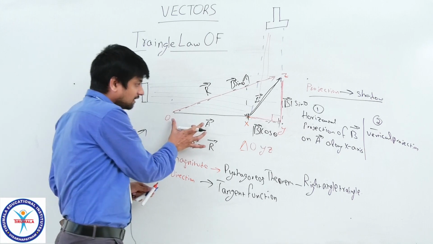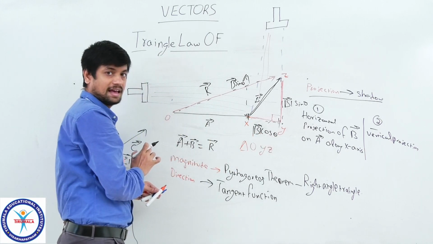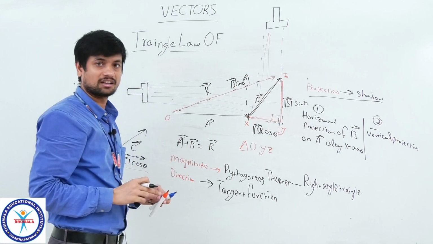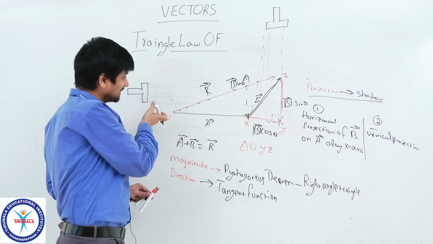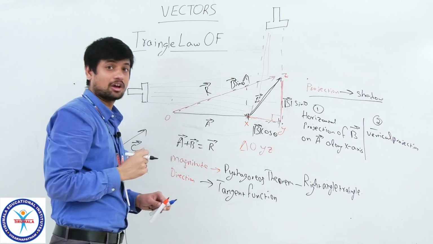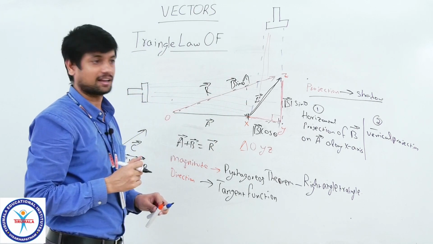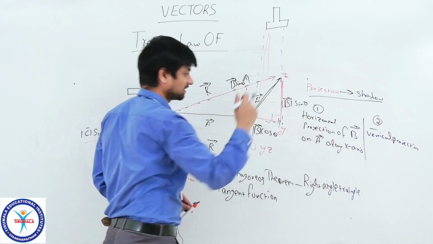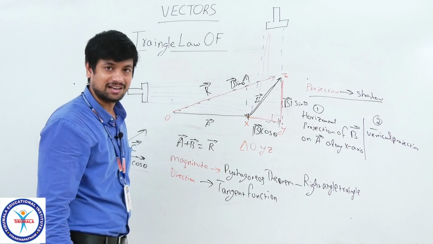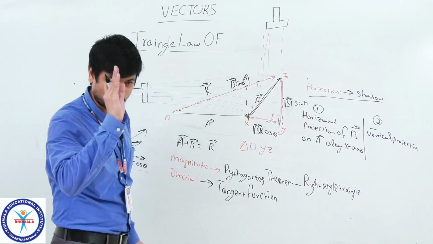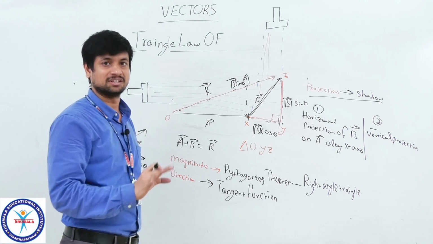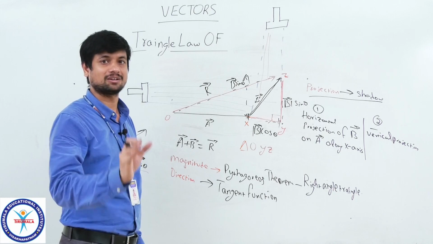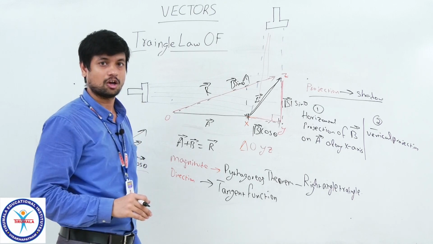So, now I got this side as one of the sides of the right angle triangle. This side acts as the opposite side of the right angle triangle. Now, the resultant acts as the hypotenuse of that right angle triangle. So, Pythagoras theorem, I made the shape in the form of a right angle triangle. Now, I can easily calculate magnitude. Magnitude means quantity, how much according to the number. I do not want which nature, which physical quantity that is. I just want magnitude, how much length it is.